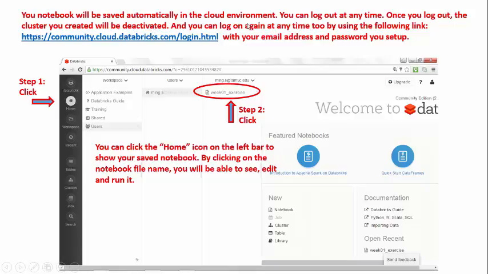And after you log in, you can basically reactivate your cluster. So please use that link right here to log back in to your Databricks Community Edition. And once you log in, you're going to see the home page, but we are going to click on